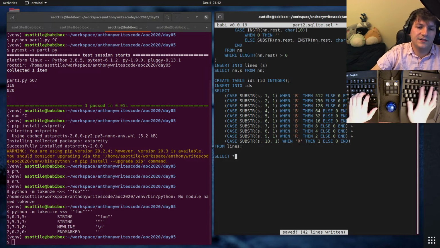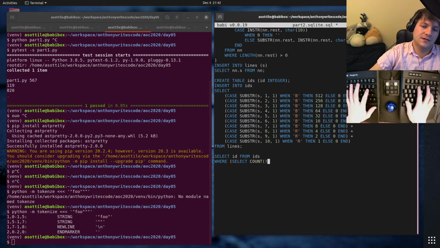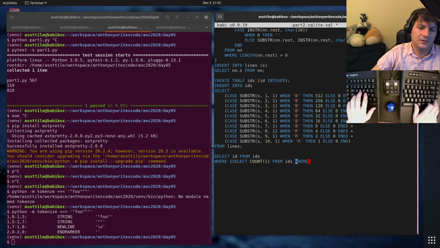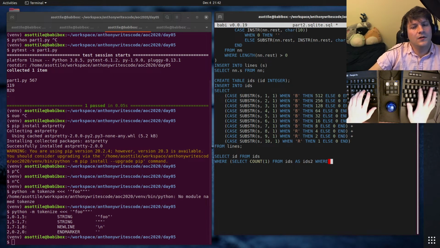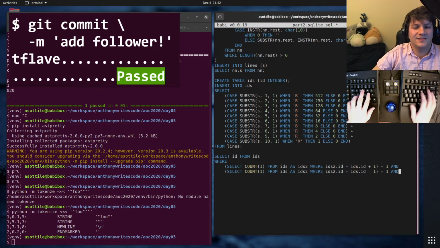Select ID from IDs where select counts 1. I think it's just this.